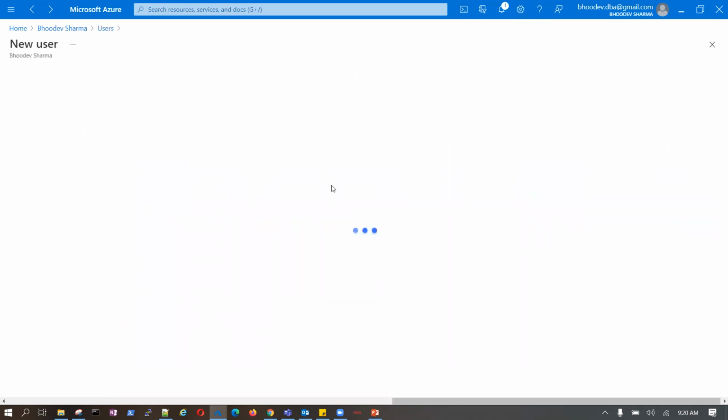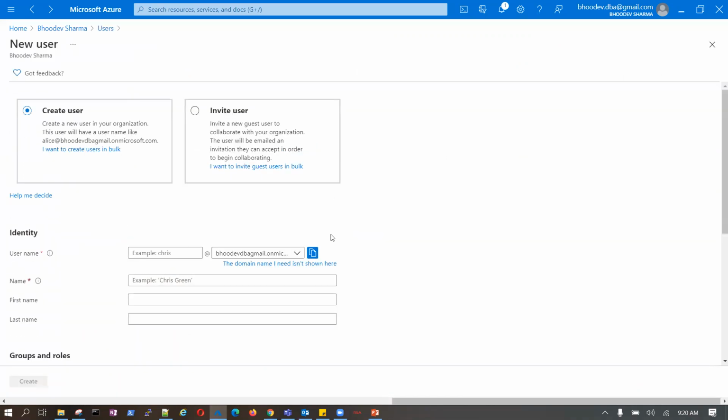In that case, you have a custom domain, and that custom domain is listed here. Now you need to select on which domain you want to create a user. If your domain is abc.com, then when creating a user you need to select which domain you are creating it in, and it will go into abc.com. It will not go into this one.